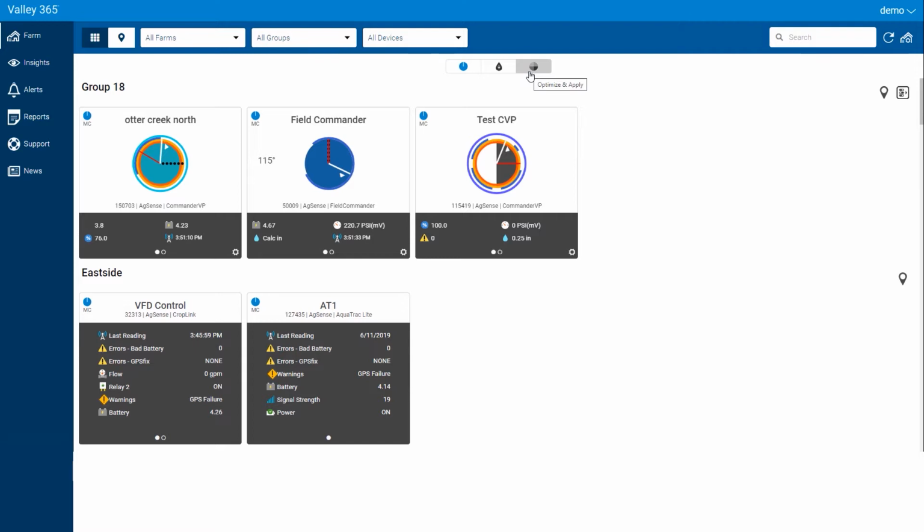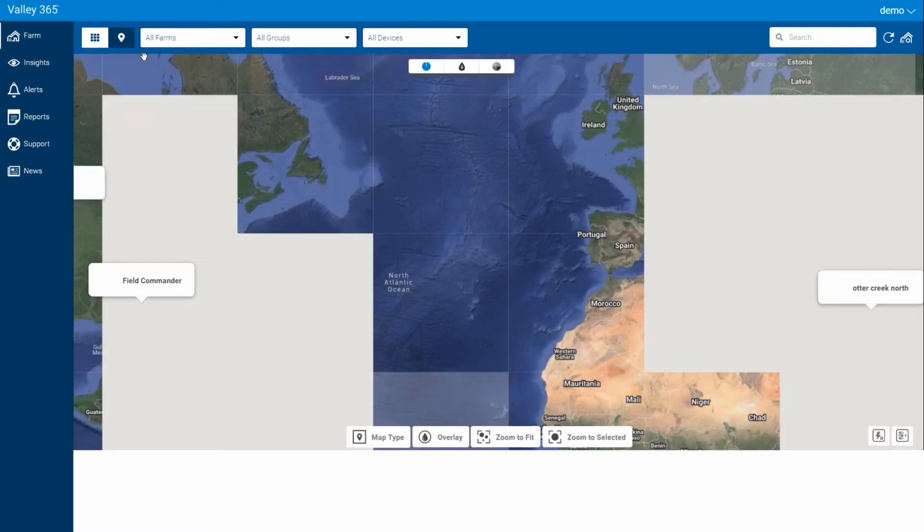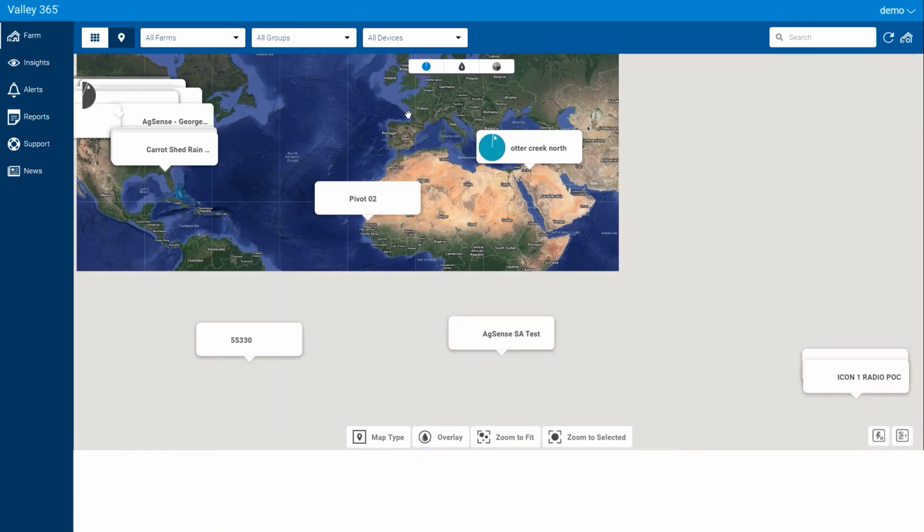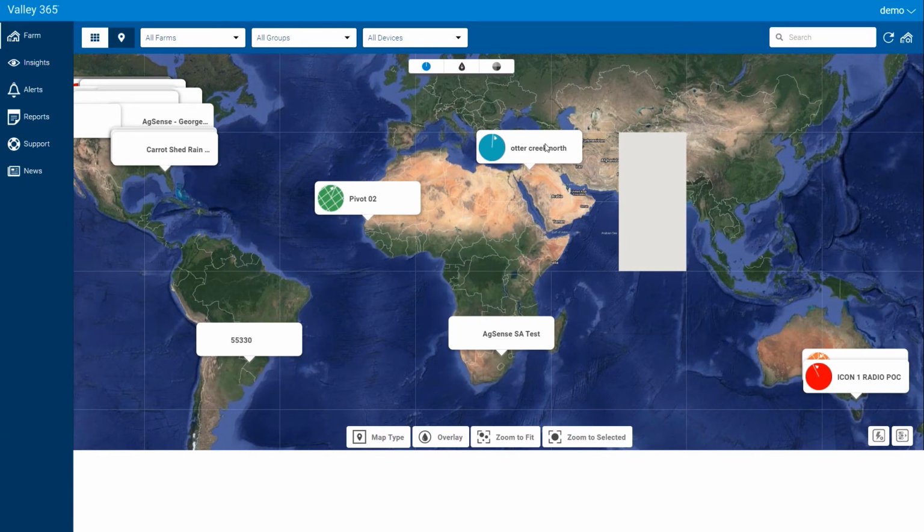But first, I want to point out another view that's available for farm. Right now, we're looking at the grid view, but we also have a map view. We built in a map view because growers like to see the layout of their devices in a geographical format. If I select one of these devices,